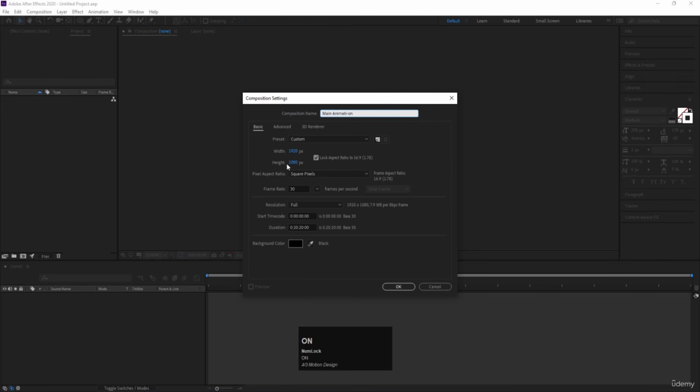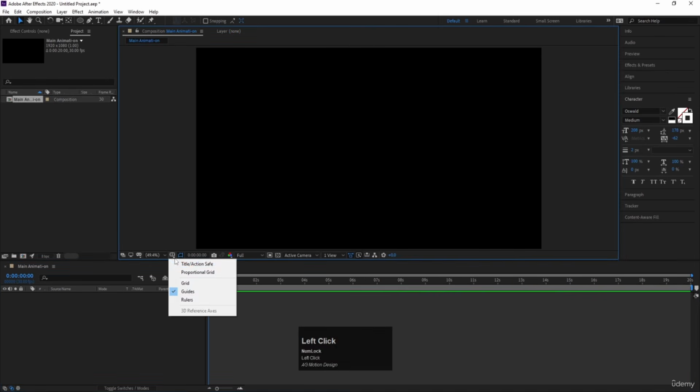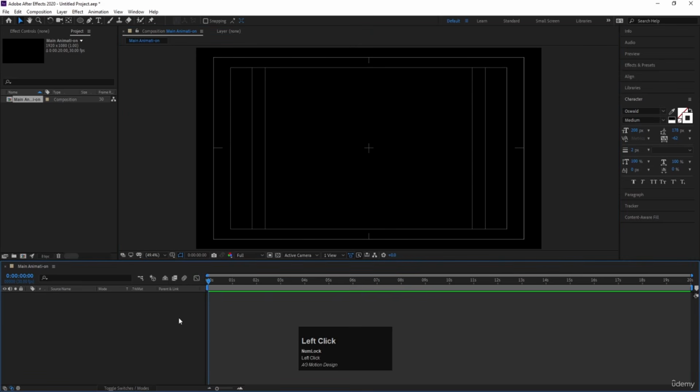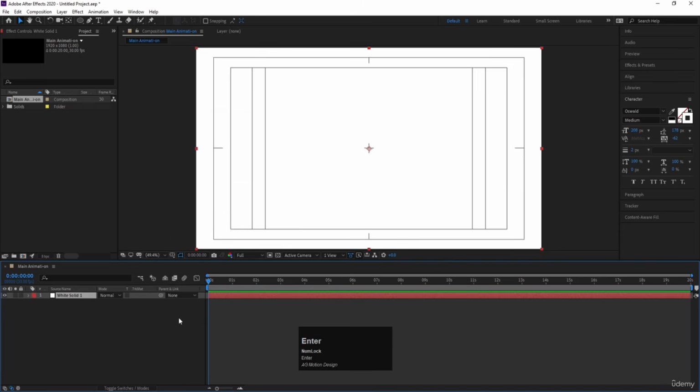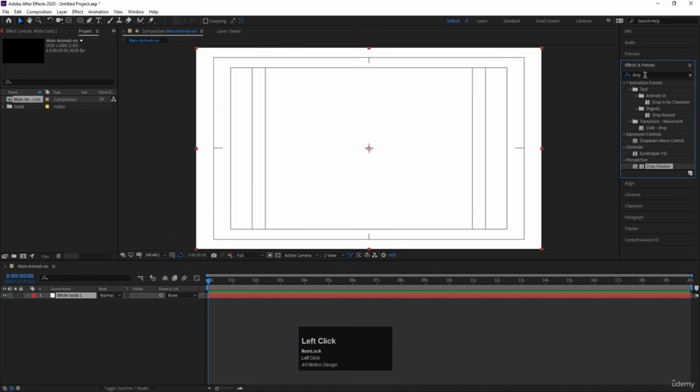Okay, width is 1920, height is 180, frame rate is 30, and duration we are going to choose 20 seconds long, and background color is black, and simply hit OK. Go to choose grid and guide option and simply hit on title section. Then press Ctrl Y to create one solid background and go to the effect and presets panel, and we will